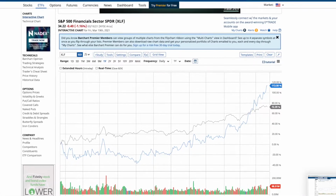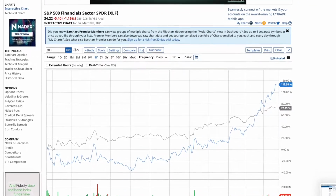So even though rates rising might scare some people out of tech stocks, these financial companies and financial stocks have done very well under these conditions, and XLF has actually just hit a new high earlier this week. And if you compare this ETF to the 10-year yield or interest rates, you can see how correlated they are. And XLF is just an ETF, which you could buy, but if you did want to just buy stocks, here